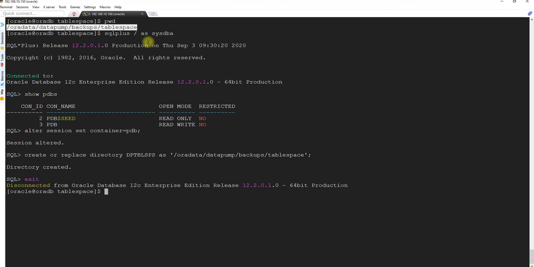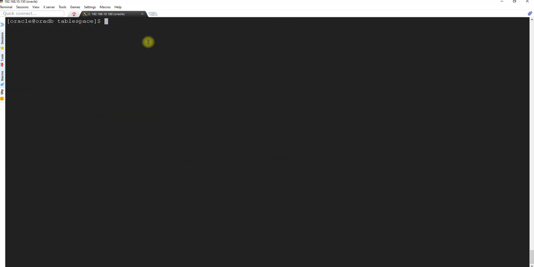Let's exit out of this and take the user's tablespace backup. As we all know, the user tablespace will exist under the pluggable database. You have already completed the part of creating the directory object under the pluggable database.